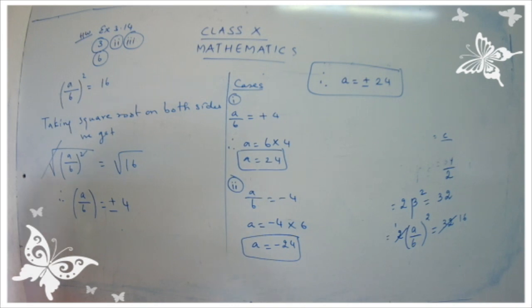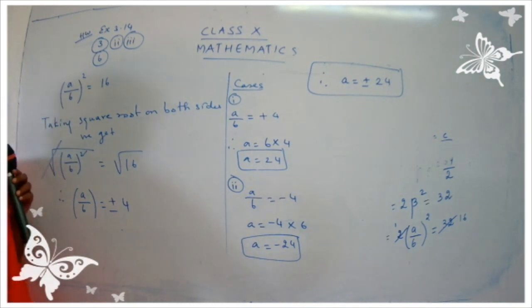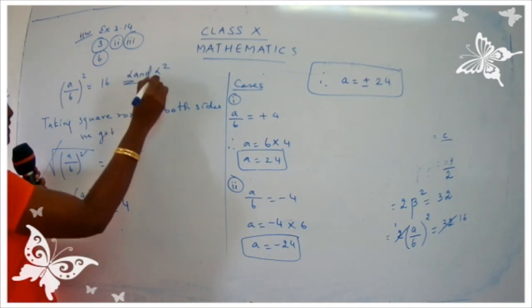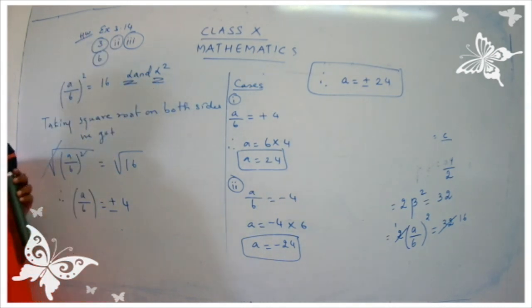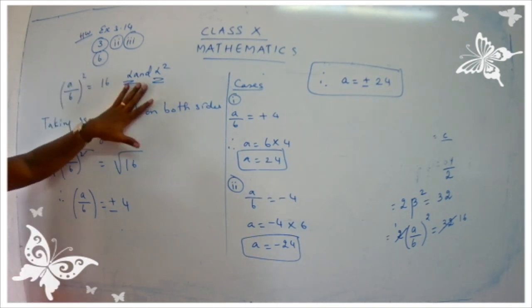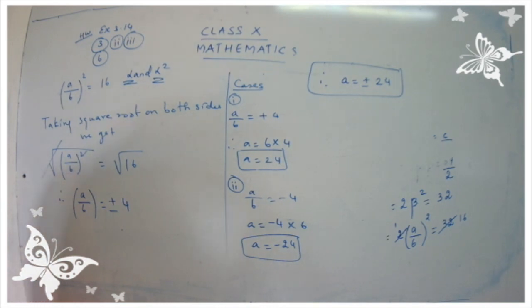If one root of the equation 3x square plus kx plus 81 is equal to 0 is the square of the other, that's where we have to focus on. One root is the square of the other. So you have to write down the roots as alpha and alpha square. Then you find out the sum of roots, you find out the product of roots, and you will get the unknown value. Yes, you have to find out the value for k.